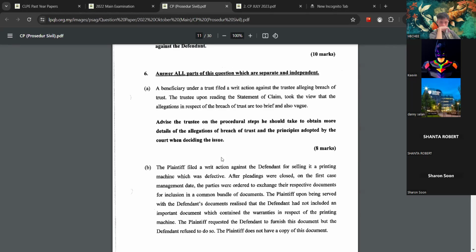Any idea? Keyword is there already. Yes, further and better particular, Order 18, Rule 12. So,